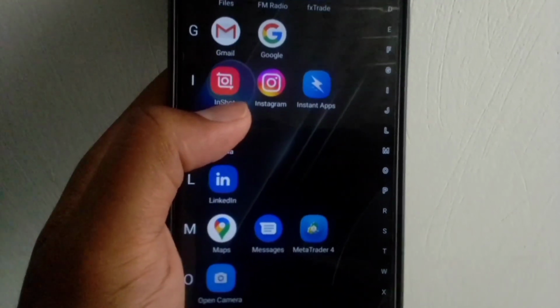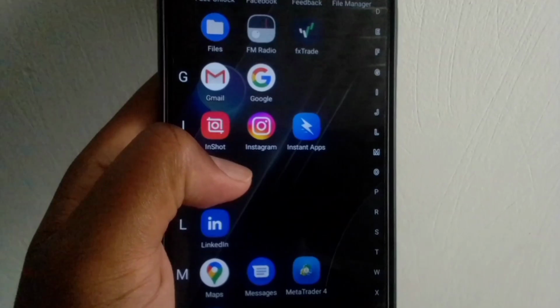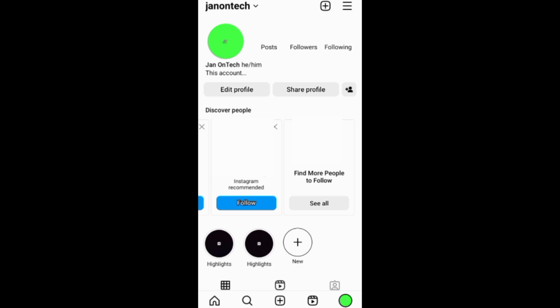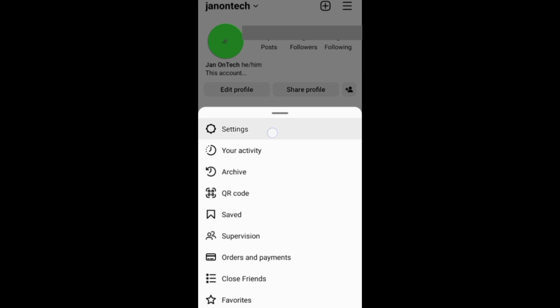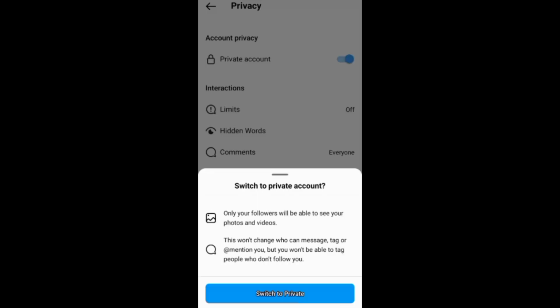In this video, I will show you how to make your Instagram account private. Now, on your profile, you need to tap this three-line menu and then go to settings. And on settings, you need to go to privacy and turn this toggle button on to make your Instagram account